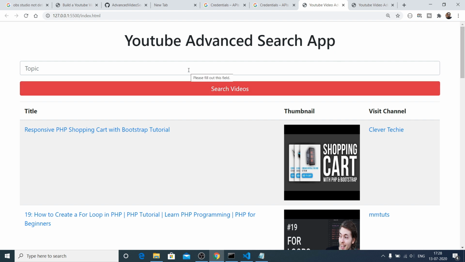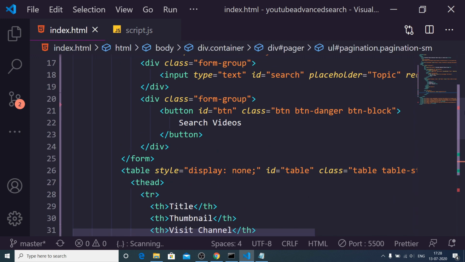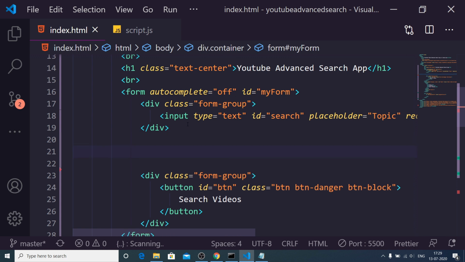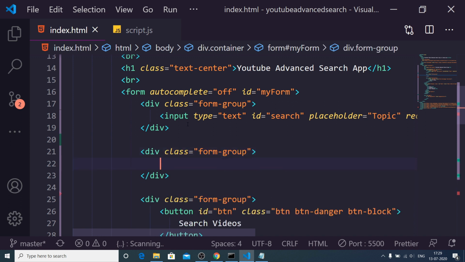Now we will be making the filtering option, how to filter by video duration, how to filter by date. So now inside your index.html you just need to write some HTML code here. So just after your input field, which is there of this input type text, we will have a select box here. Just give it another div and give it a class of form group. Inside this we will give a label for duration. So here I will give duration here.